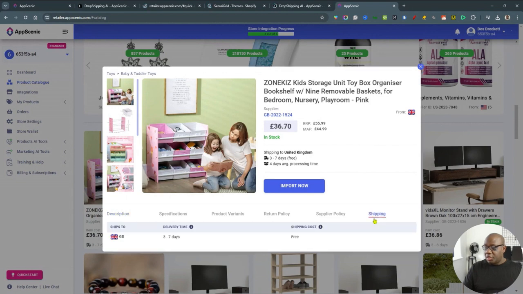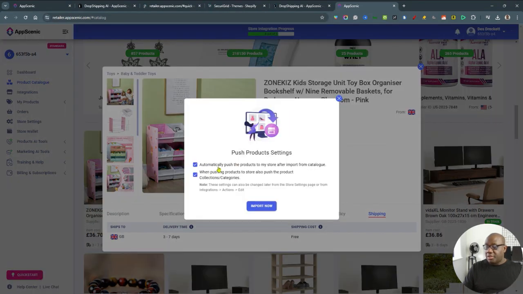If you click on the shipping at the very bottom there, again, you can see the shipping time. So this ships to the UK from the UK, 3 to 7 days, and it's free as well. So as soon as somebody purchases this from your store, this automatically starts ordering it and ships out to your customer. So if we click on import now,